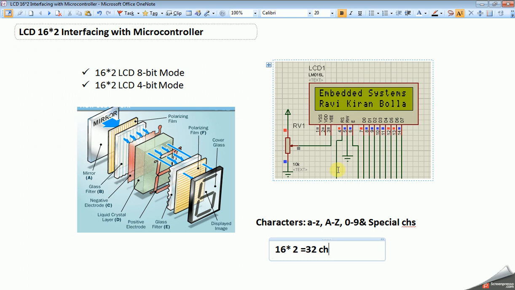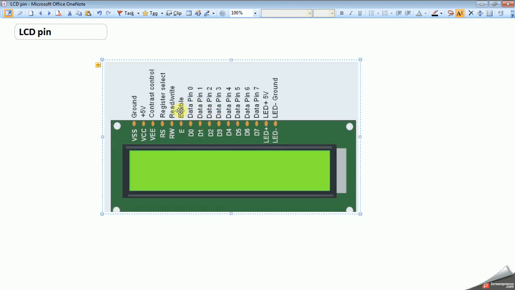Next, the sixth pin is the enable pin, as you see here. Most of the ICs have an enable pin to enable a particular chip. So here this enable pin is used to enable the LCD. To enable the LCD we need to give a high to low pulse through software using a GPIO pin. High to low pulse means we need to make the GPIO pin high first, and then after some delay make the GPIO pin low.